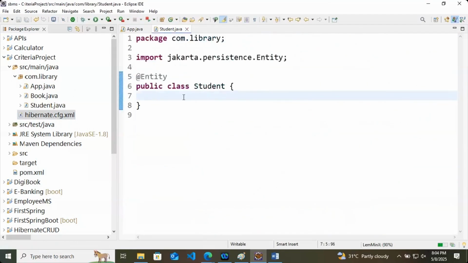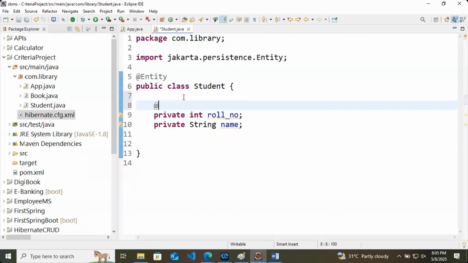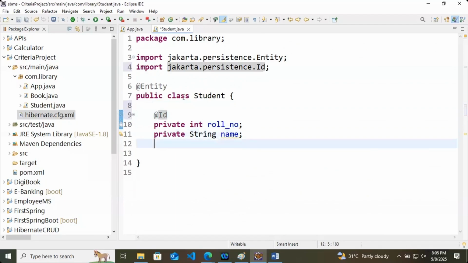This Student has a private int rollNumber, a private String name, and one more field. The roll number is the ID, the primary key.